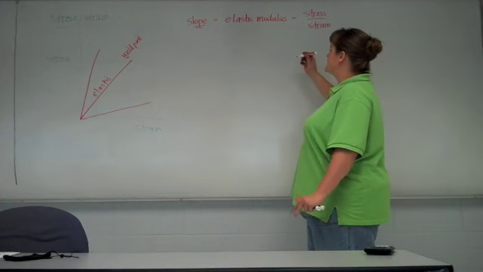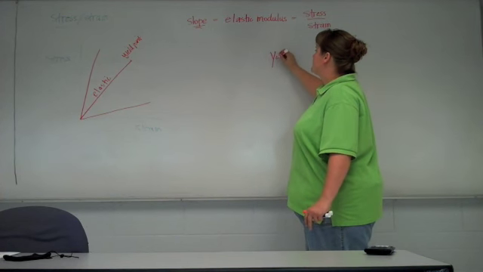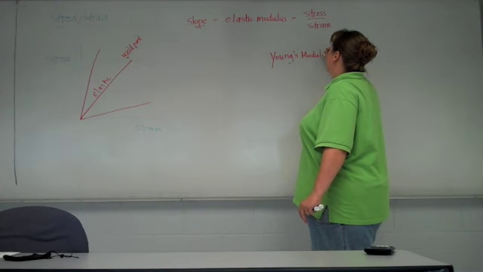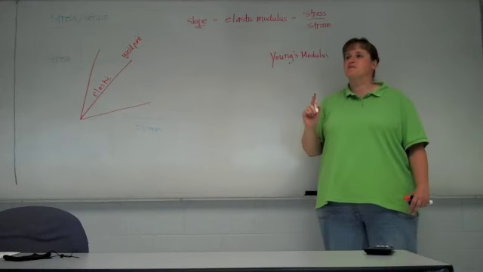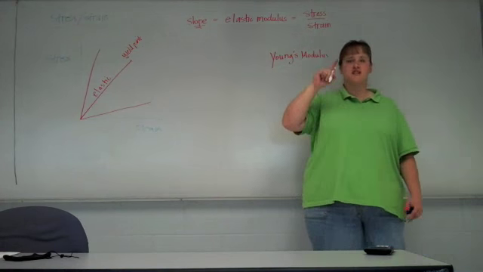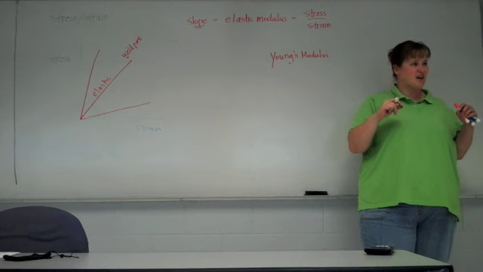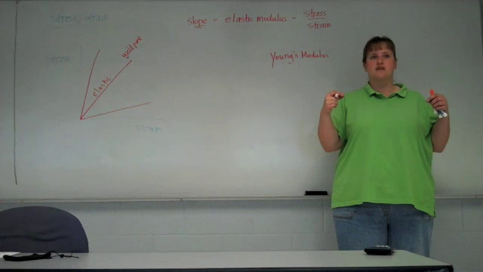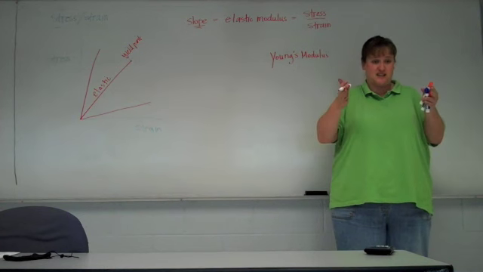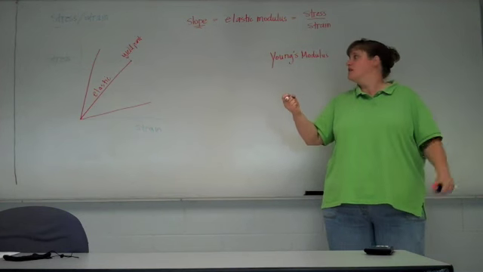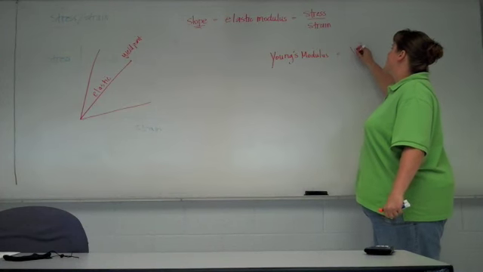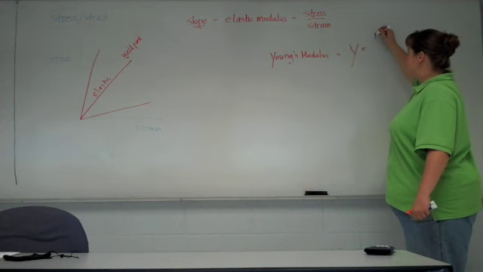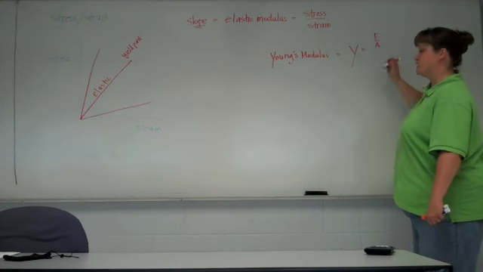There are two moduli we're going to talk about. One is called Young's modulus. Young's modulus is specific to stretching or compressing along just a single line. So that would work for a rubber band. It would work for, say, a steel beam as long as you're just pushing in on it or pulling out on it. Young's modulus, your book uses a capital Y to represent it. The stress is calculated by force over area.